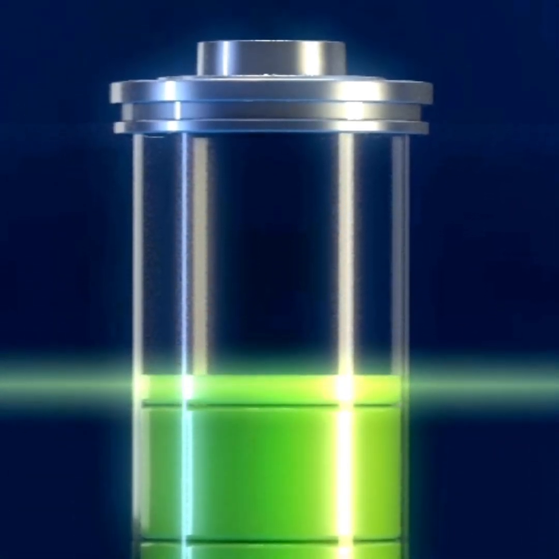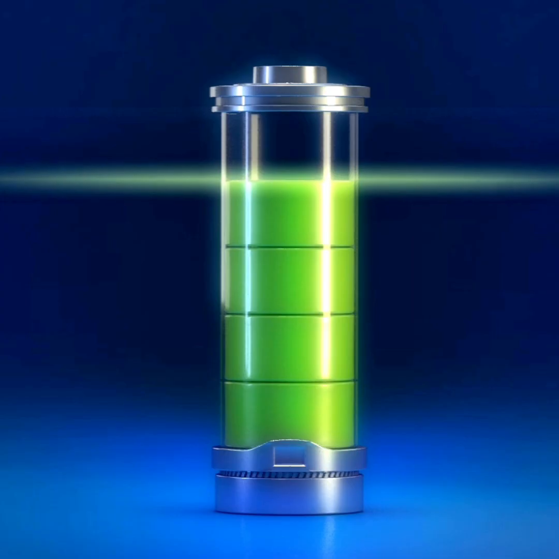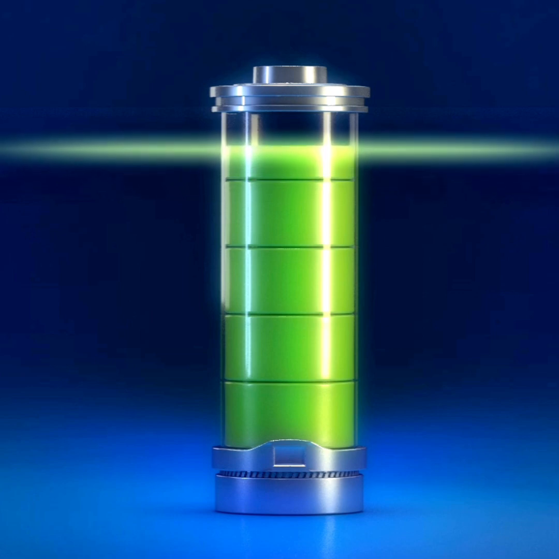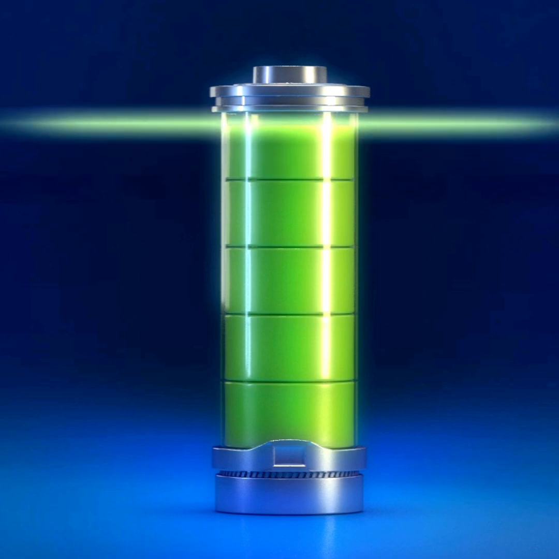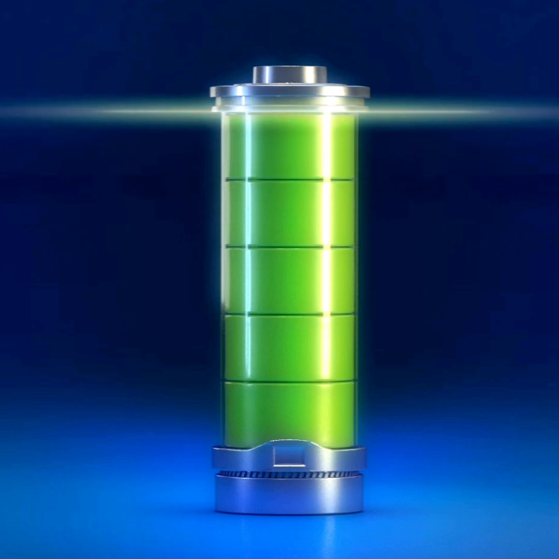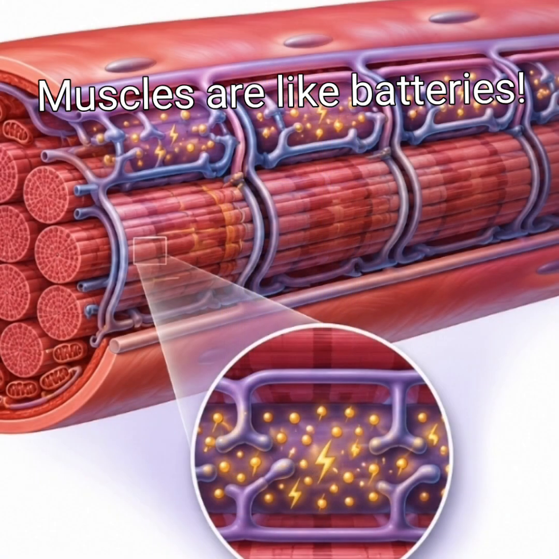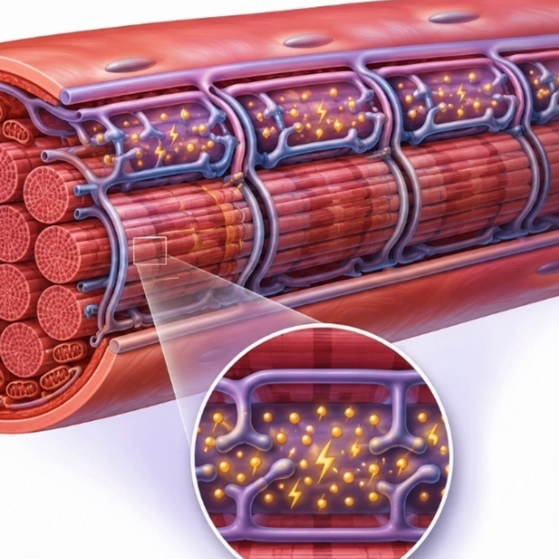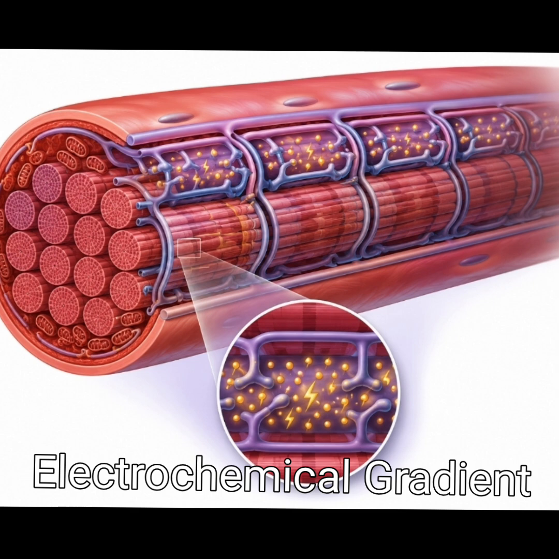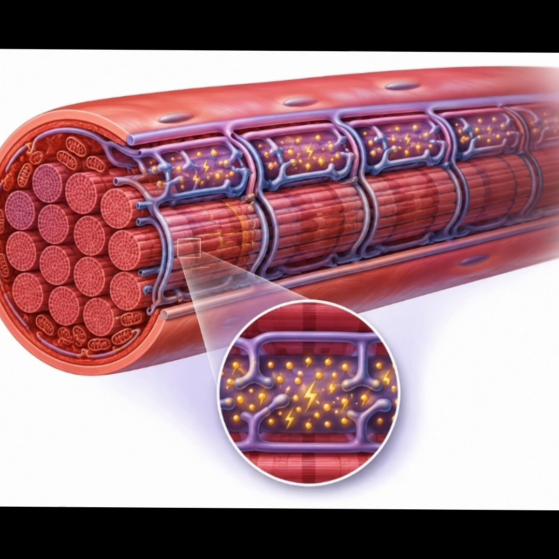What do I mean by a battery with stored energy? Basically, what this means is that in order for a battery to store energy, there has to be a difference between the positive and negative ends of the battery. The muscles act the same way. If sodium is mostly on the outside and potassium is mostly on the inside, this creates a difference called the electrochemical gradient. And of course, this difference is basically the cell's stored electrical energy that can be used when